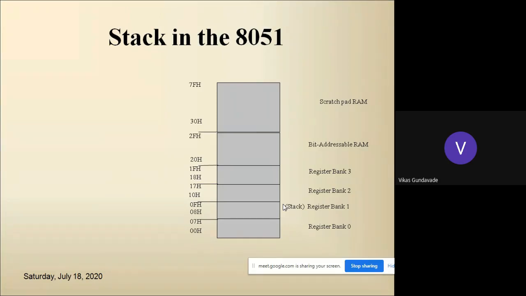If the programmer wants to change that location, the programmer needs to define a stack with a specific address, and then the programmer can change the stack. When the microcontroller gets reset, what happens? The program counter address will be 00. That means it will show the initial location of the memory. Then the stack pointer will hold the address 07. The register bank by default will be selected as bank 0. Okay, everyone getting it?